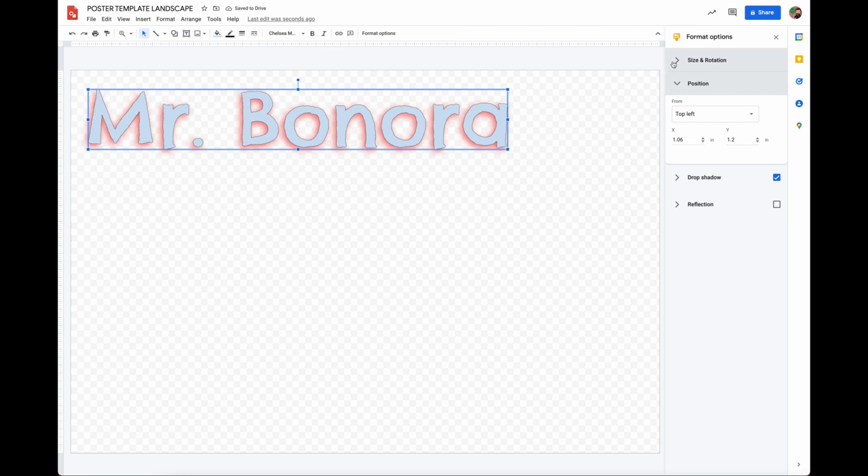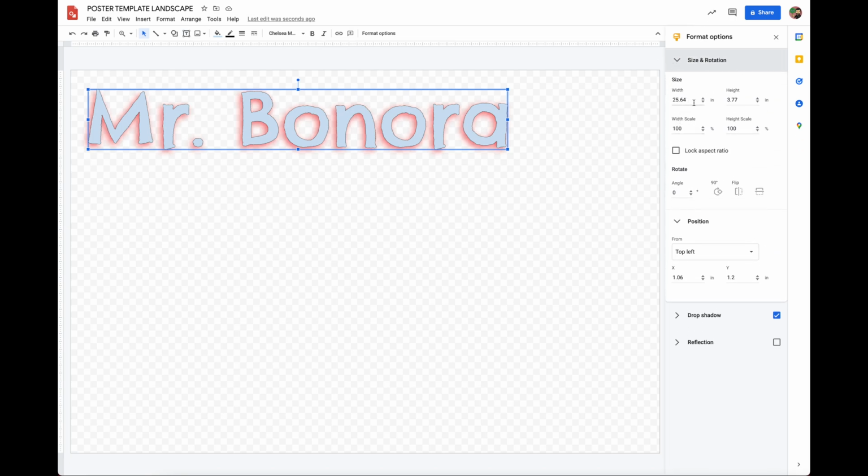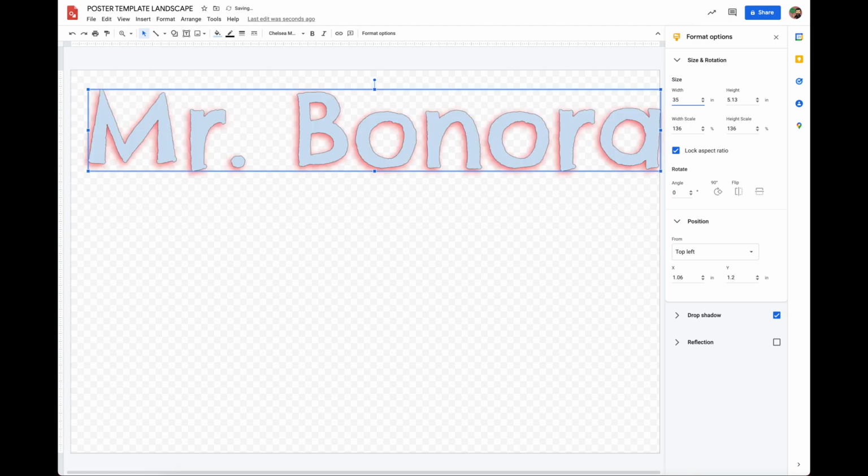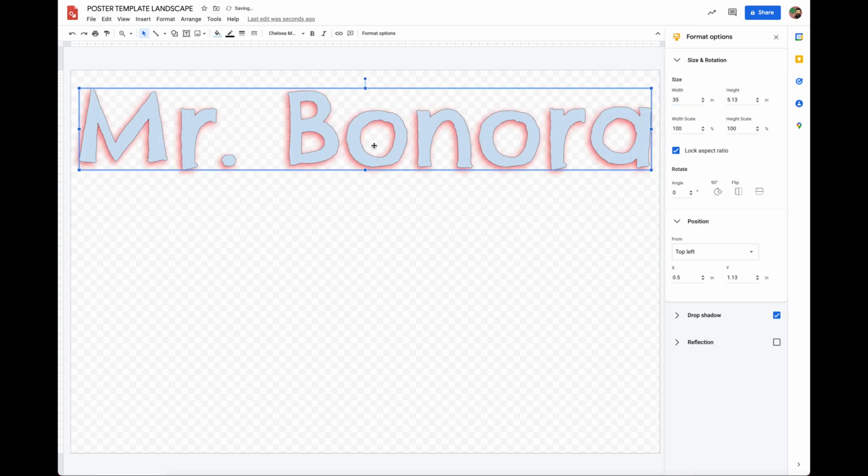And you can also adjust the size this way. So if I click Lock Aspect Ratio, I know that my page here is 36 inches wide. So I'm going to change this to 35. And then I can center it, and I know it's centered because that red line pops up in the center of the screen. If I bring it down to the center like this, I can get, hopefully,